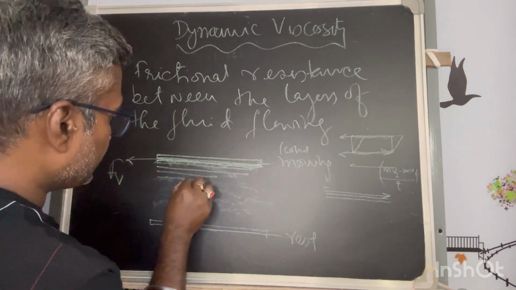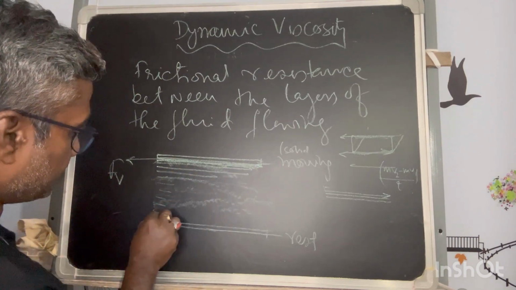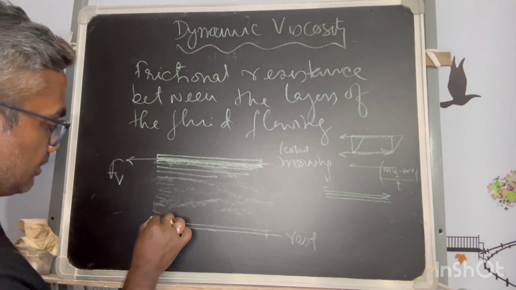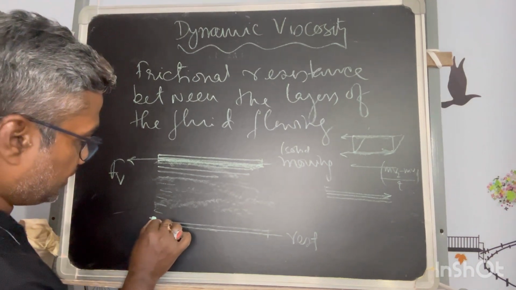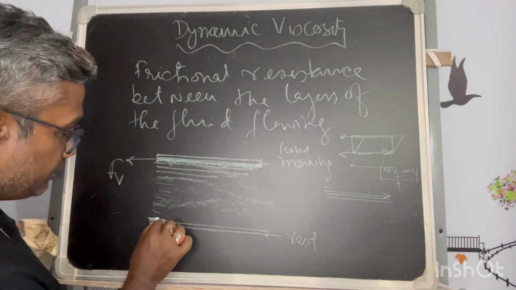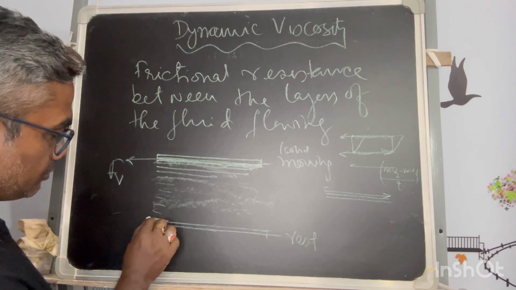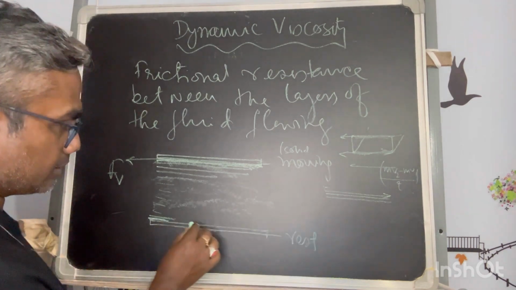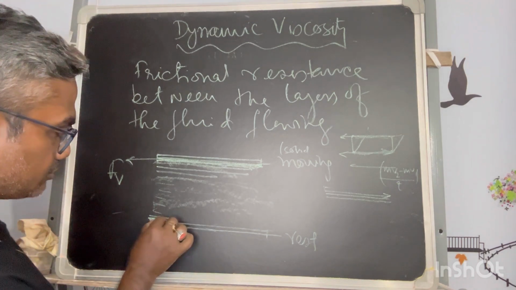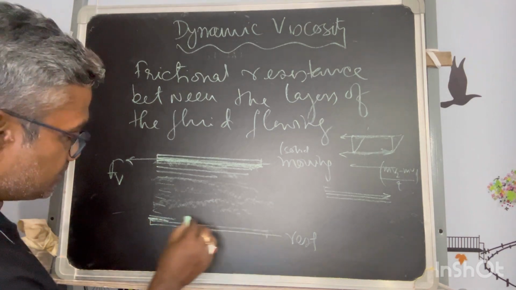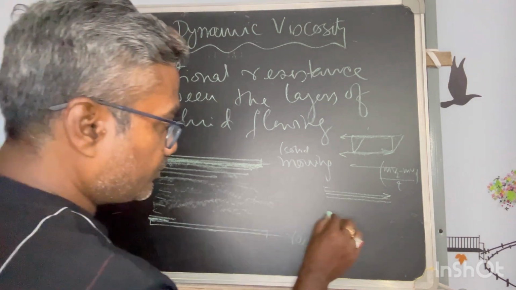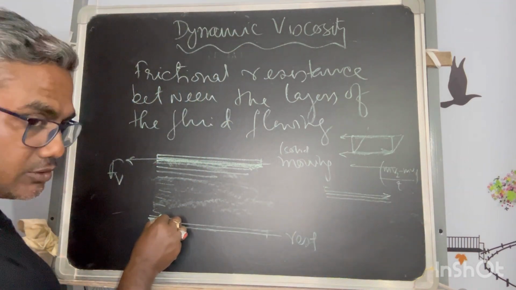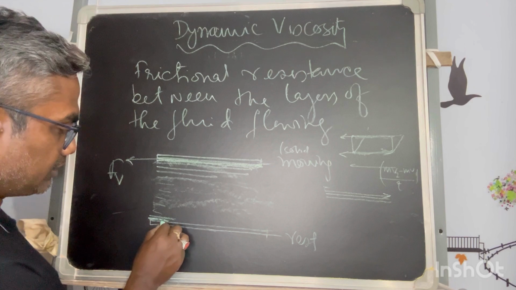The same way the things are going, and slowly, layer after layer, the velocity is dropping. Now, at the end, if it is at rest, the layer just adjacent to the rest surface is trying to move forward with the force being transmitted from the top layer, but this is at rest,